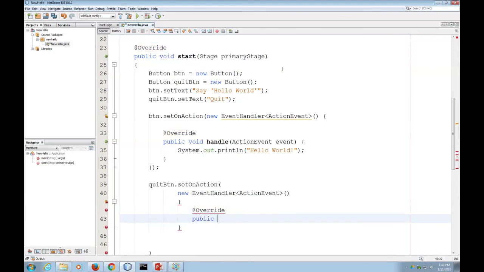So public void, let's see. Oh, you know what? I wanted to use a lambda expression here. Well, that's all right. Okay, so public void handle action